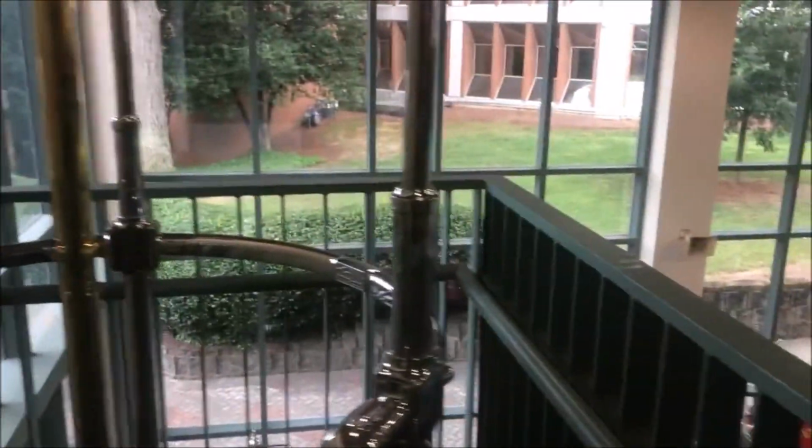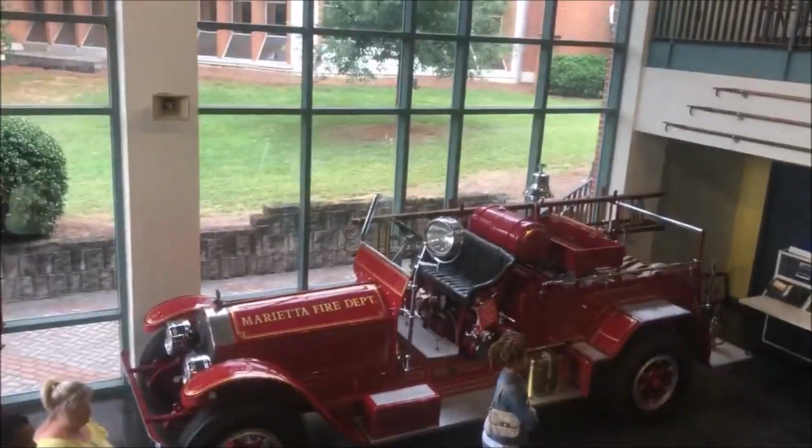Now, the steamer was actually pulled by 2 horses. So firefighters were not only firefighters, they had to take care of the horses, they had to keep the steamer ready to go at all times to be able to pump water on a fire. So it took a lot more work back in the old days to be a firefighter, whereas today, the trucks